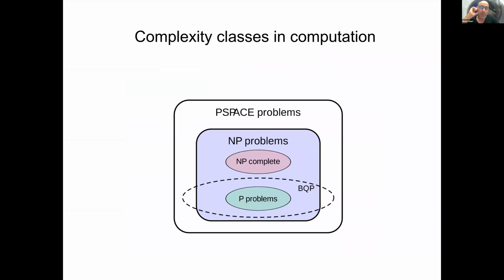Again, for those of you who are versed with computational complexity and the world of computer science, we know that there are some problems that we can solve with polynomial complexity. There is a class of problems that we can verify that the solution to the problem is correct with polynomial difficulty. We now believe that quantum computers are in principle stronger than regular computers in the sense that they can solve with polynomial difficulty problems that regular computers can't. So I know this statement is a bit technical, but for those of you who are familiar with computer science, that's a useful statement.